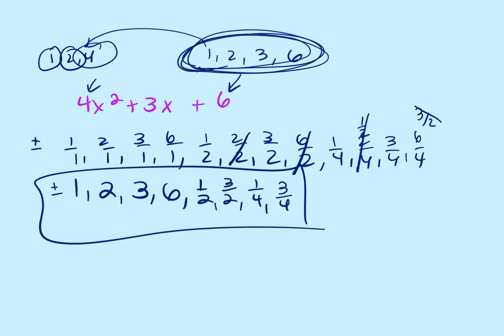If the leading coefficient is not 1, you have to put them all over each of the terms from the first one. If we have